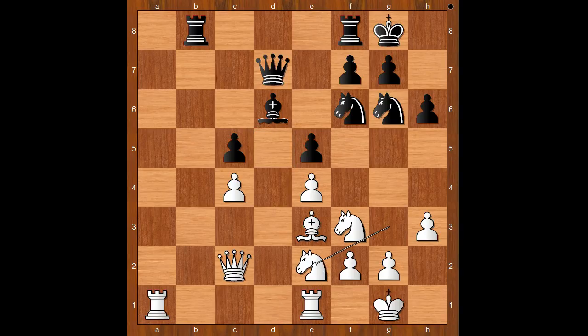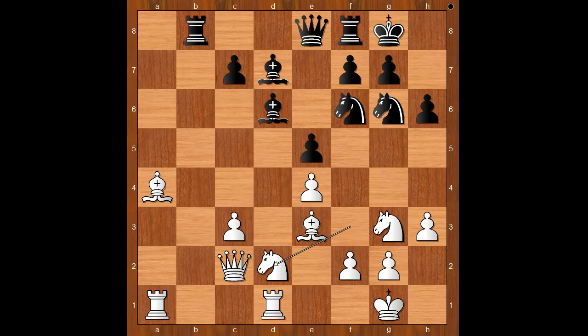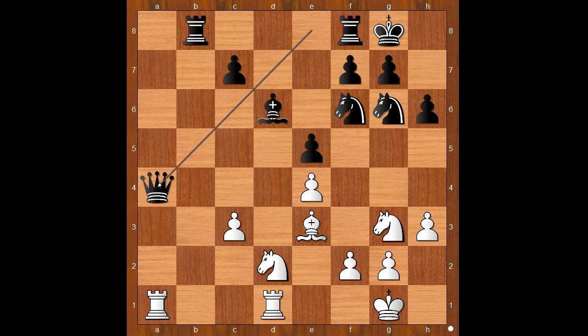Back to our game. Rook from e to d1 was played, bishop to e6, bishop to a4, bishop to d7, knight to d2. Again, bishop takes on d7 looks like a good move, because after queen takes on d7, c4, white stands slightly better. But is it enough to win? Back to our game. Knight to d2, bishop takes on a4, queen takes on a4, queen takes queen, rook takes queen,